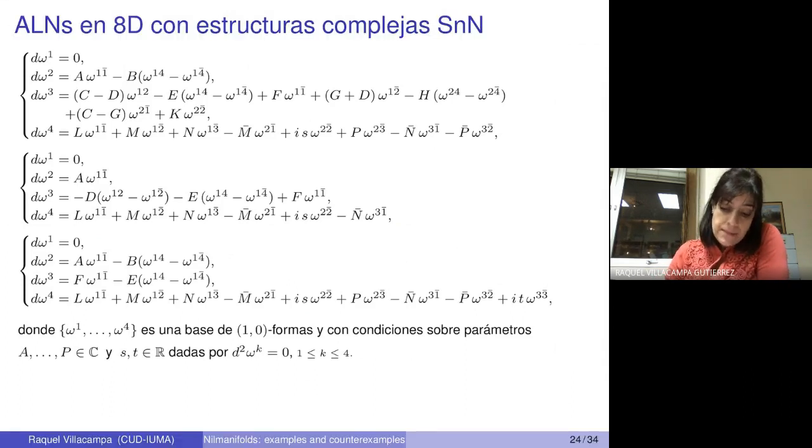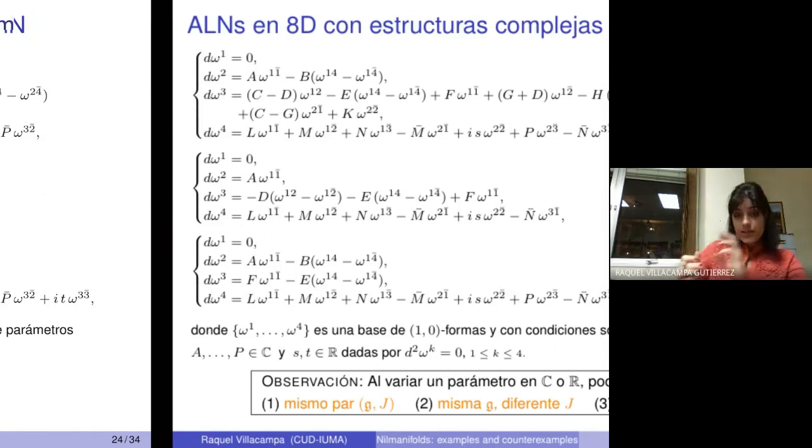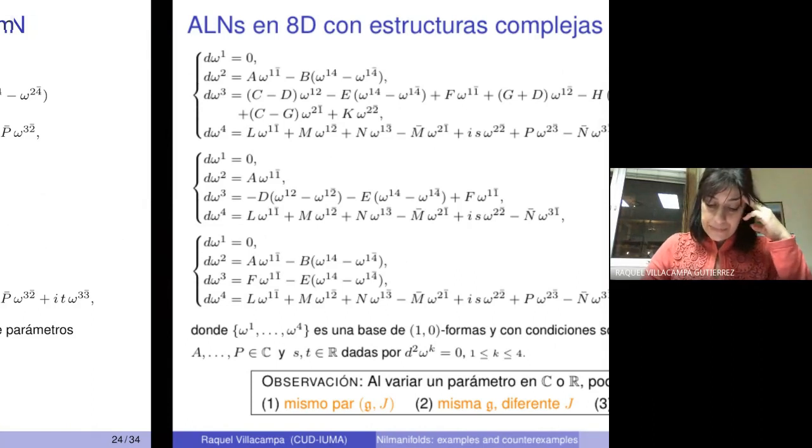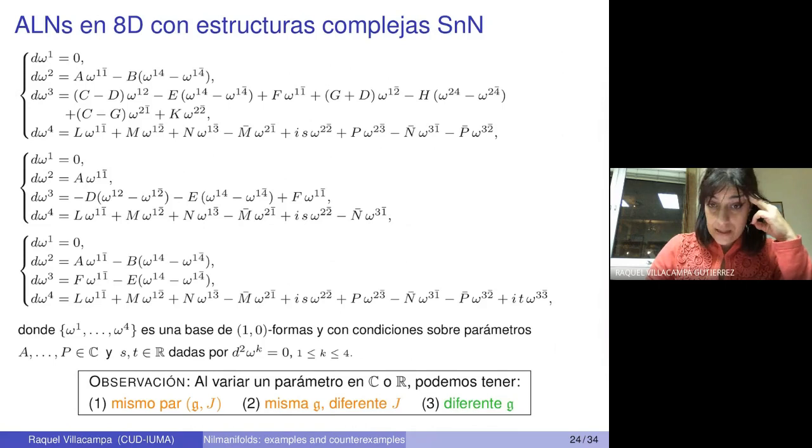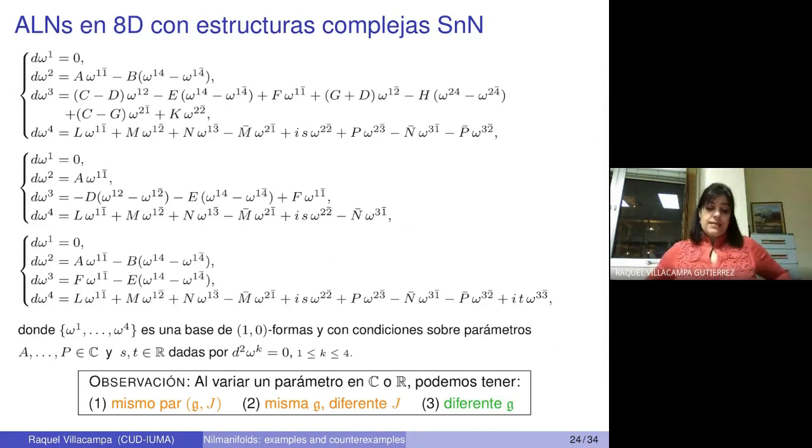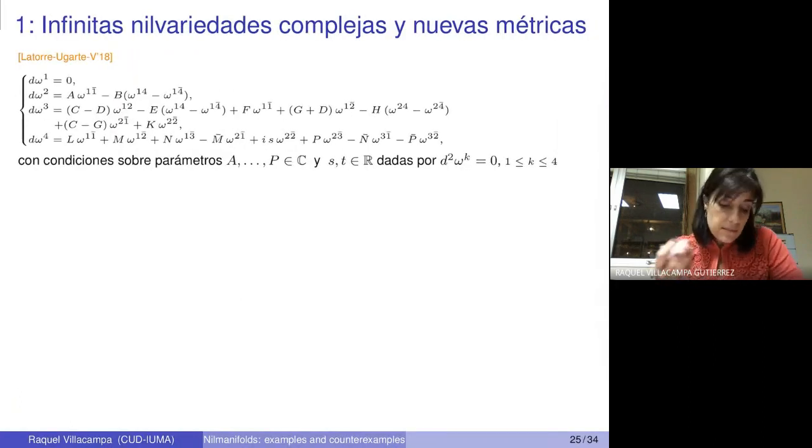Here, all these parameters should satisfy the relations that assure that the Jacobi identity is fulfilled. Well, here observe that different values of the parameters can give the same pair J, g, can produce the same Lie algebra but different complex structures, and different Lie algebras can appear. So okay,